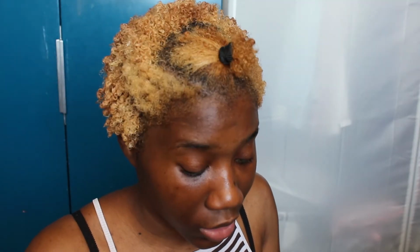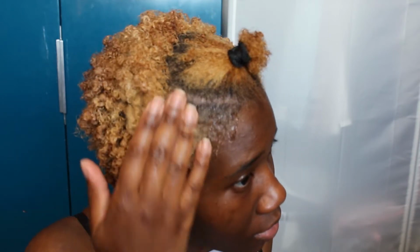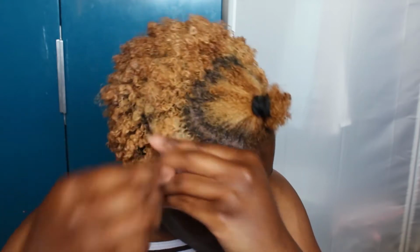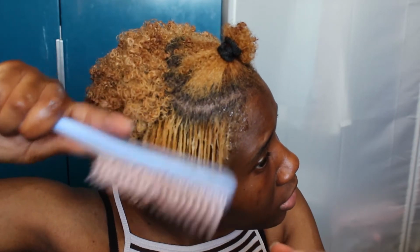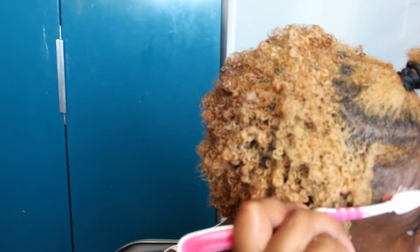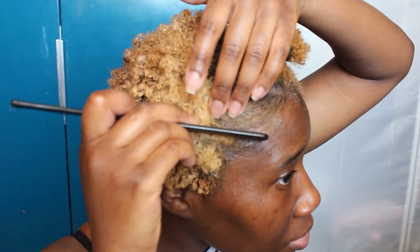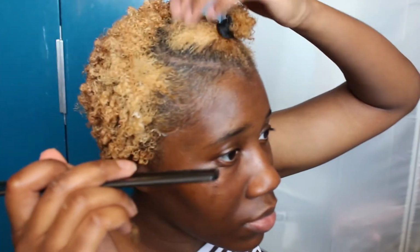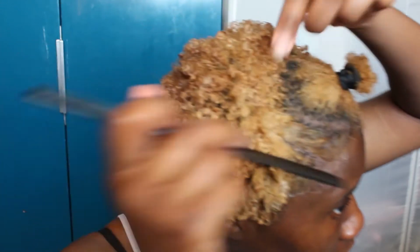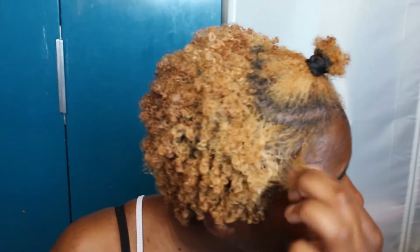Right, so now we at the part. I don't know what's going to happen. I am not sure, but it has got to be popping. Okay. Oh, maybe I should use a comb. I mean, I can attempt a finger wave. I'm not even sure. Where is my comb? Okay, so maybe do something like this. I might have to put a bobby pin there. I'm not sure. It might actually be alright, but methinks I'm gonna need a bobby pin because